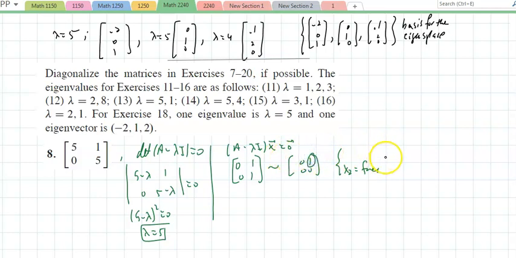Well, let me think. I lied. x1 is free. And x2 equals 0, right? Pivots. So actually x1 times 1, 0, this vector right here, any multiple will form the basis